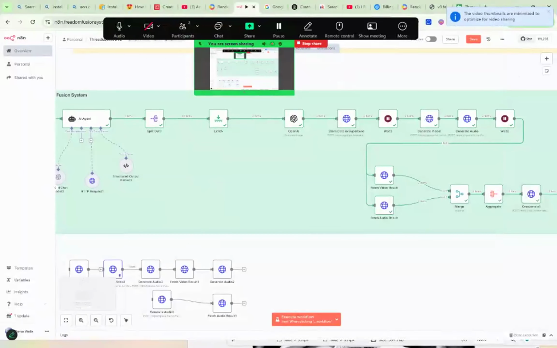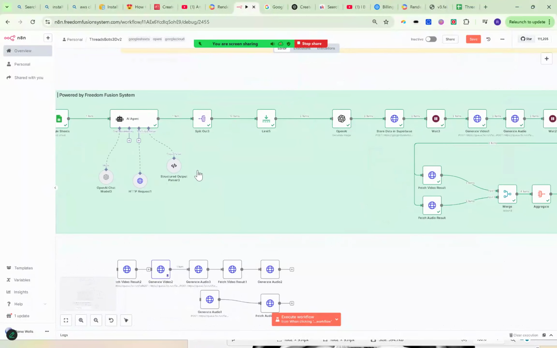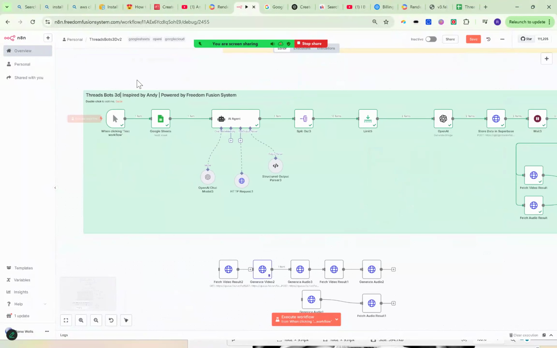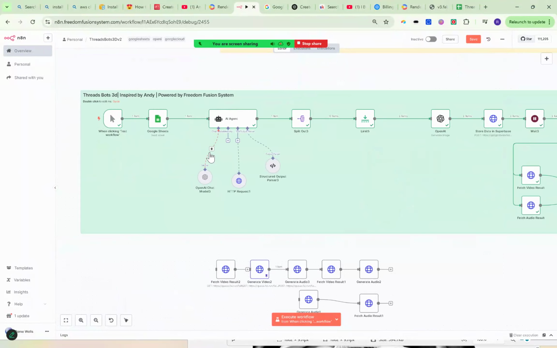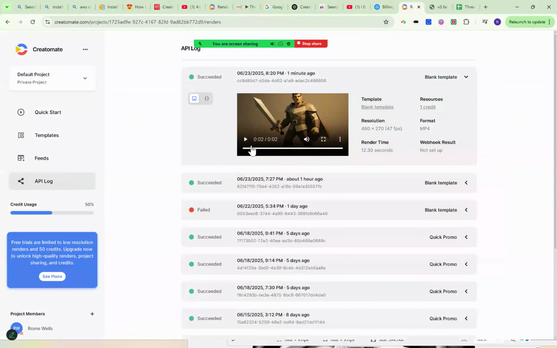Okay, so guys, today we're going to be talking about ThreadsBot's 3D automation. This is automation that's going to create a 3D style character. The way it works is it's called ThreadsBots 3D, inspired by Indie, powered by Freedom Fusion System. And there's going to be a video at the end that gets generated